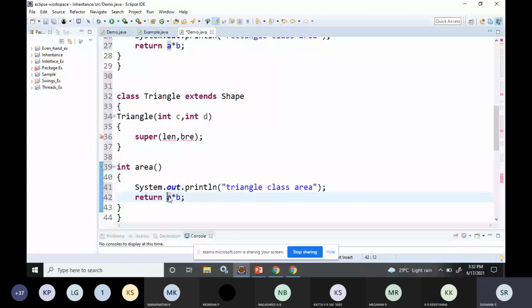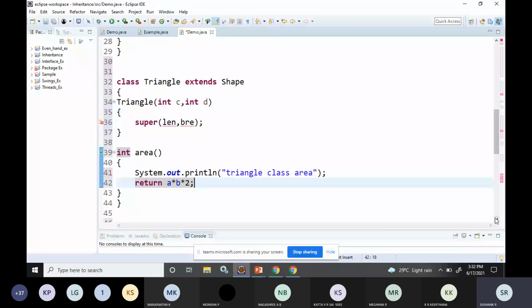I'll make it as double because the formula to calculate the area of a triangle is half into base into height. I'll just round it off, just take it as 2 for calculations.